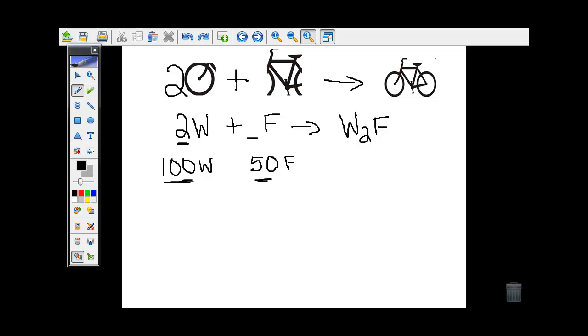So if I have 50 frames, I can make 50 bikes. Nice job. You're thinking, that's pretty easy. And you're right, boys and girls. It is easy. Now, let's say the head of your company says, quickly, sir or ma'am, depending on your gender,